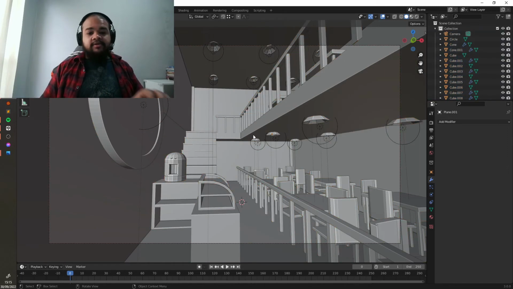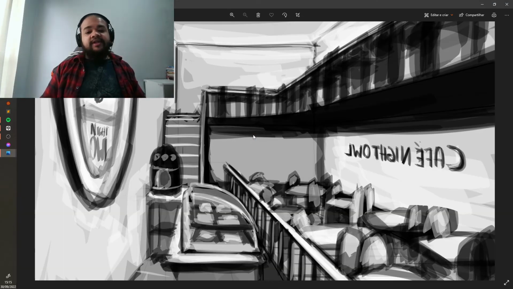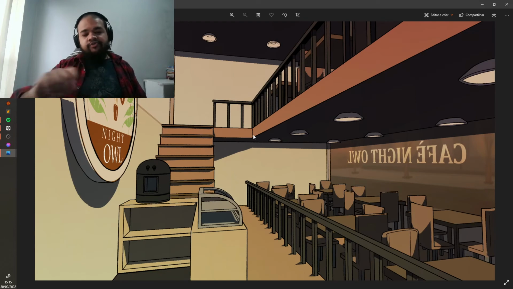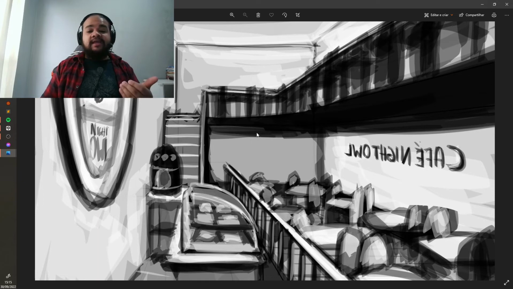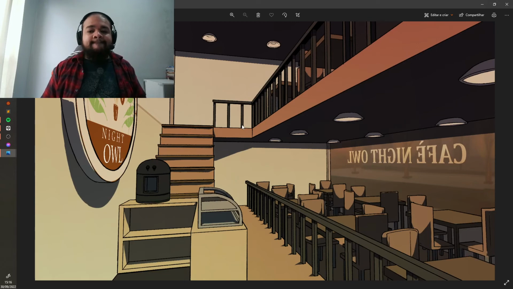I just modeled the whole thing, snapshotted this, and after snapshotting this, I put it in Clip Studio and drew over it to get this version of the Night Owl Cafe. I don't like these finished versions as much as I like the black and white. I feel like the black and white drawn by hand has so much more charm and looks better. The problem is, it's a sketch, and I could have sketches in a finished thing, so I did this. Not a fan, but